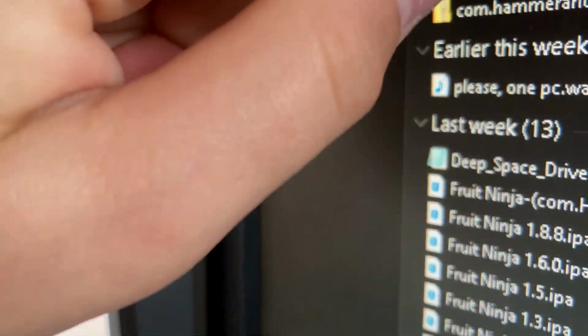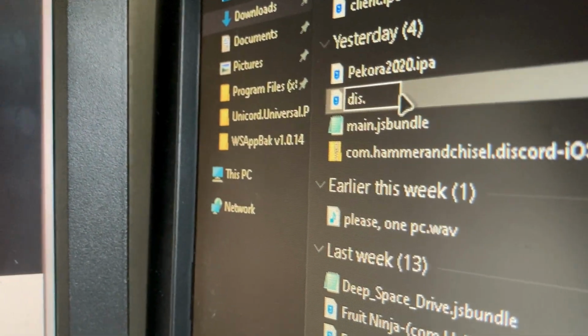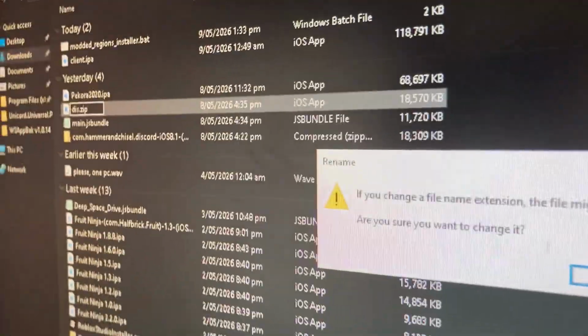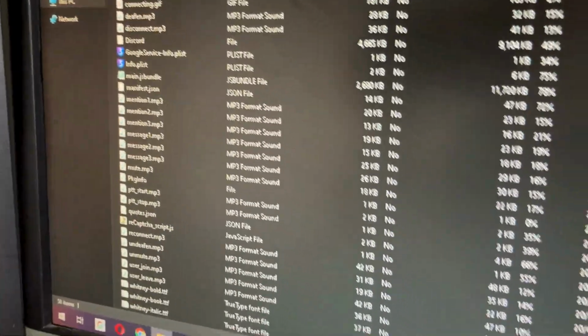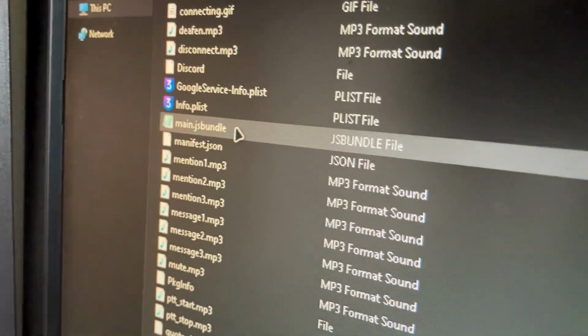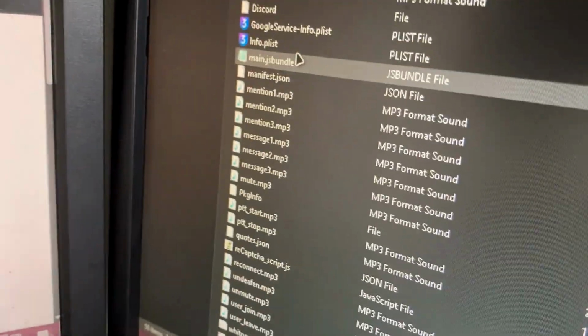Okay, so once you have it installed, it's going to be called dis.ipa. We need to rename it to dis.zip. Now, just click yes. Double click on it, go to payload, discord.app. Now we need to search for a specific file called main.js bundle. We have to edit it, so open it up,